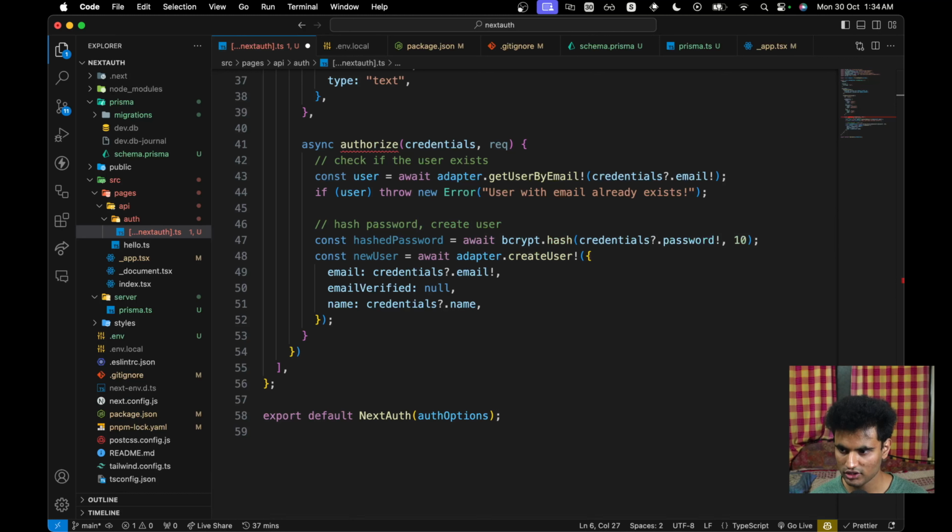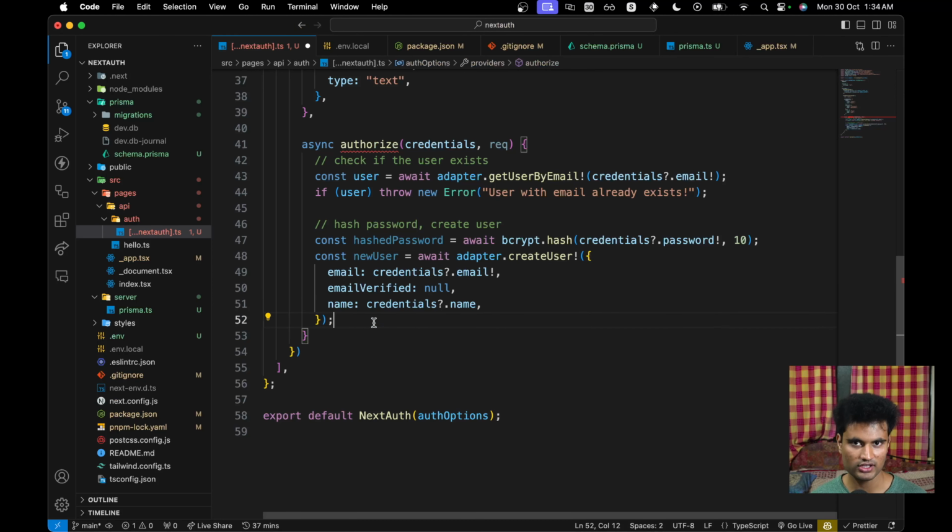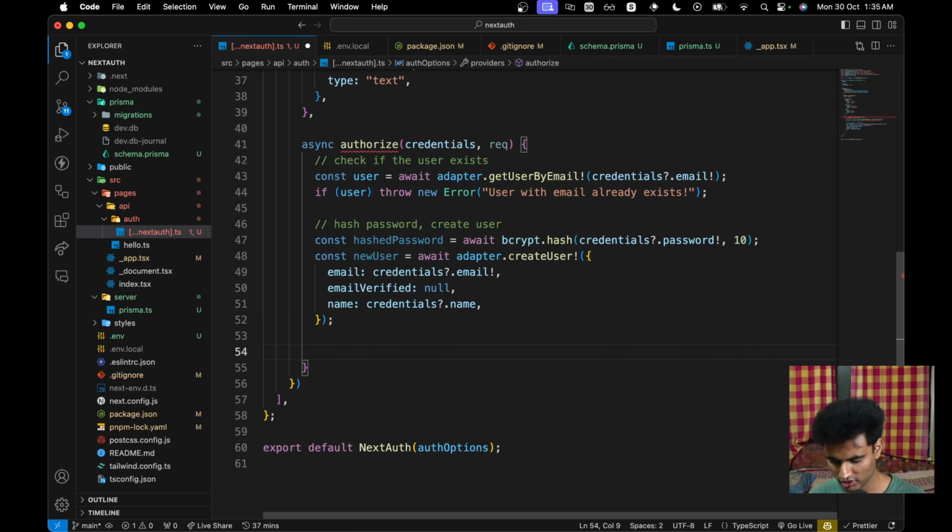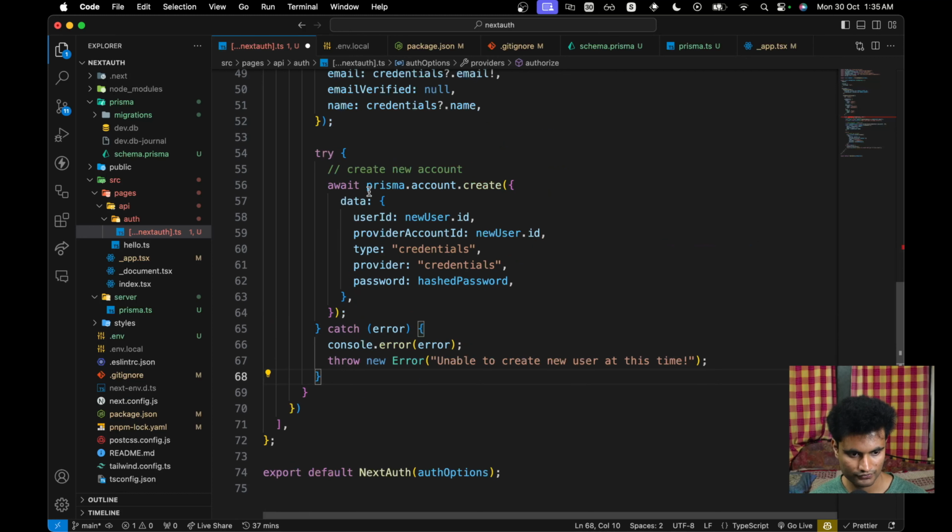So the next thing we are going to do is create a new account. So this just creates the profile. Profile is different from account. A profile can have multiple accounts. So a profile can have a Google account, it can also have a credentials account, and so on. But this only creates a user or a profile, and now we're going to create an account for our credentials